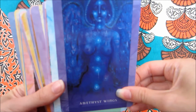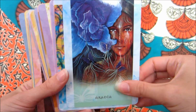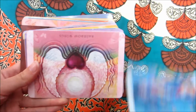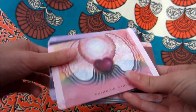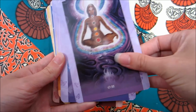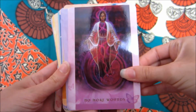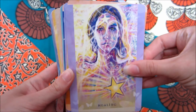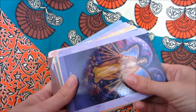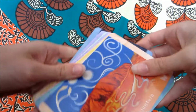It's very gentle. If you're looking to start working with cards, I would definitely recommend this deck, or really any Tony Carmine Salerno decks. They're really lovely, very gentle, and they're just really beautiful. I realize that I have not looked through this deck in ages, and wow, I need to be working with this deck again. I feel that. But anyway, this is a really, really lovely deck. And if you like Tony Carmine Salerno decks, this is as good as a lot of his...